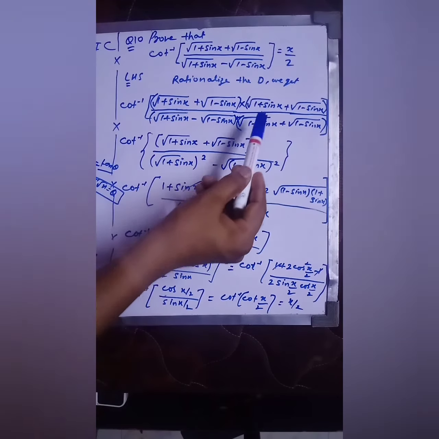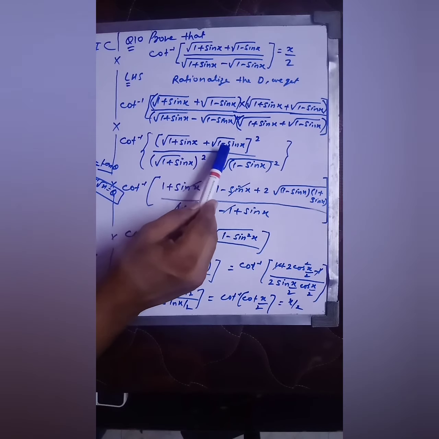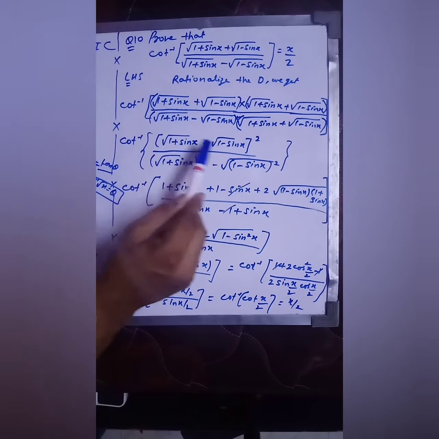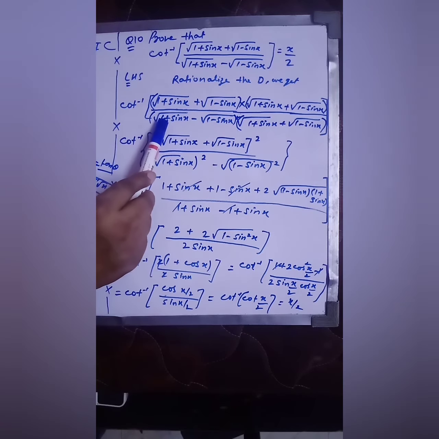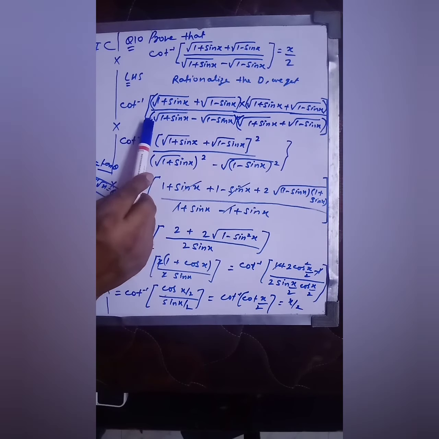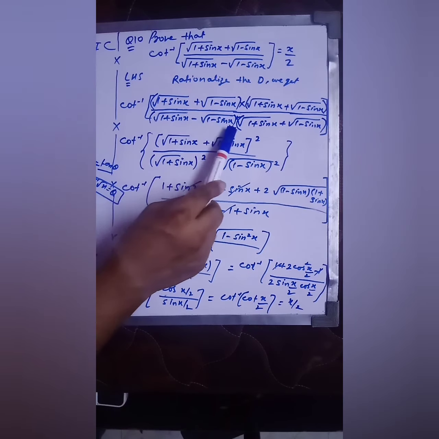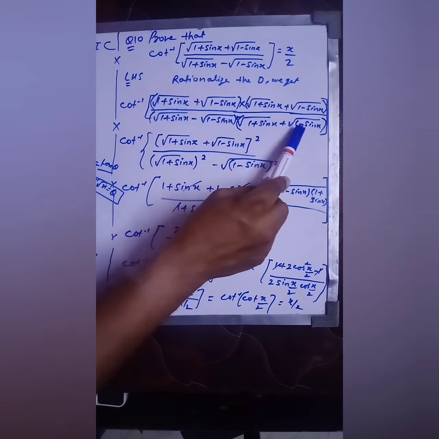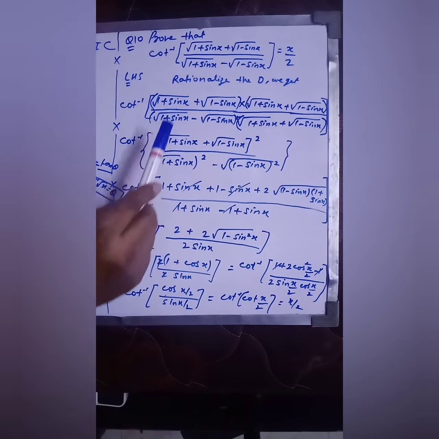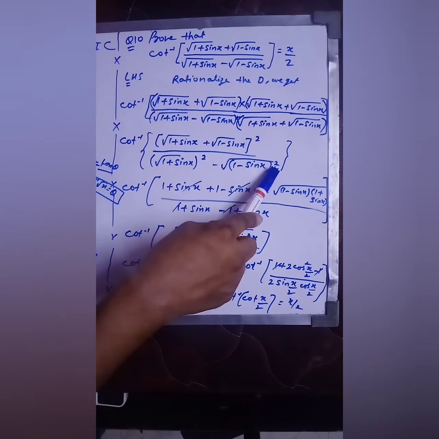Okay, so after that, the numerator will be under root 1 plus sin x plus under root 1 minus sin x whole square, because this and this are the same. So I am writing this whole square. In the denominator you will get this minus this and this plus this. That means here you can apply the formula. 1 plus sin x is your A and 1 minus sin x is your B. So A minus B, A plus B. So what is the formula? A square minus B square. So I'm writing 1 plus sin x whole square minus 1 minus sin x whole square, under root. Got it?